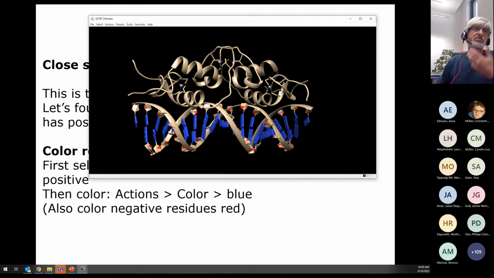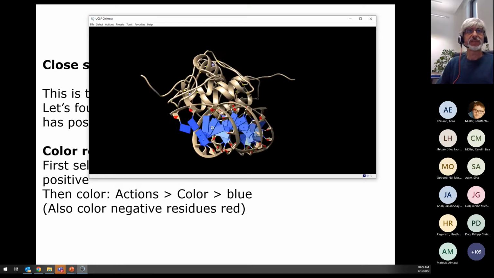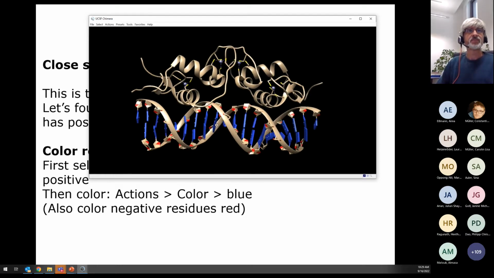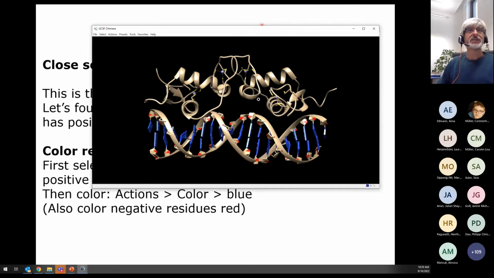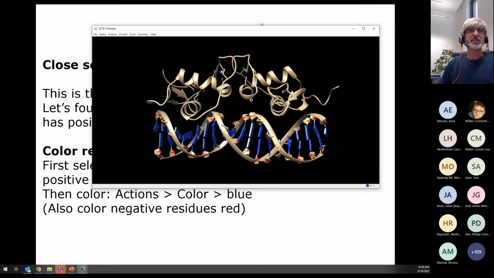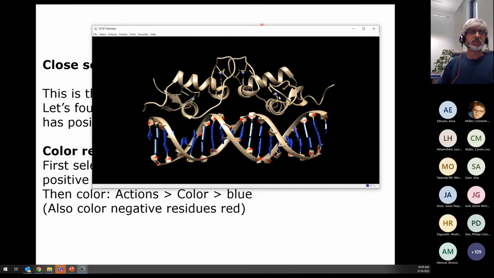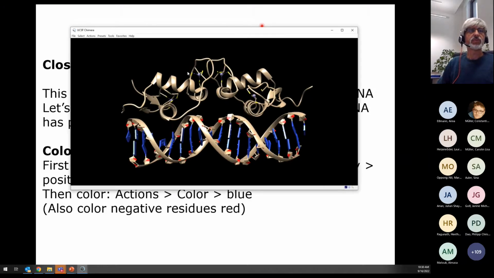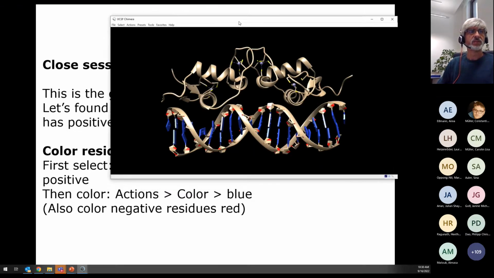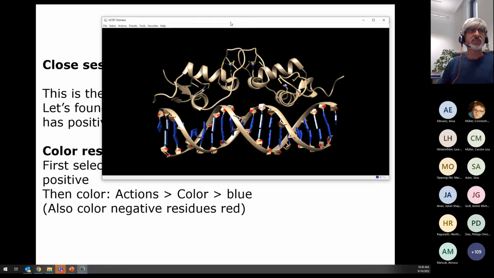So here we have a particular representation of DNA that you probably can change, and this protein is a dimer. It's a glucocorticoid receptor, and here it is binding to the DNA. And the question is, what is the type of amino acids that are interacting? What are the properties of the amino acids interacting with the DNA? And so first thing is